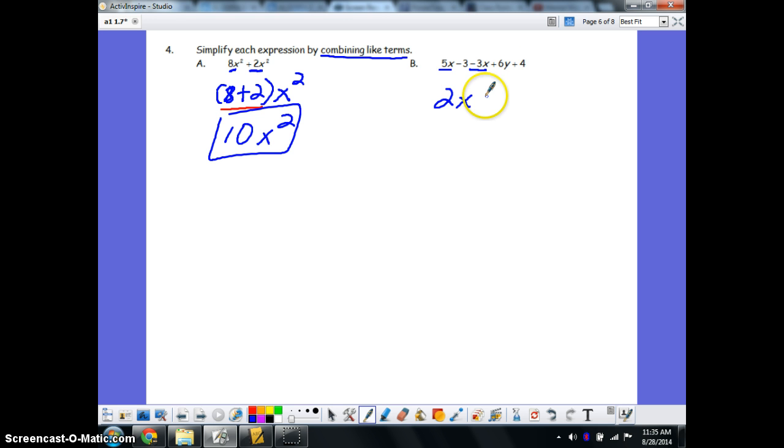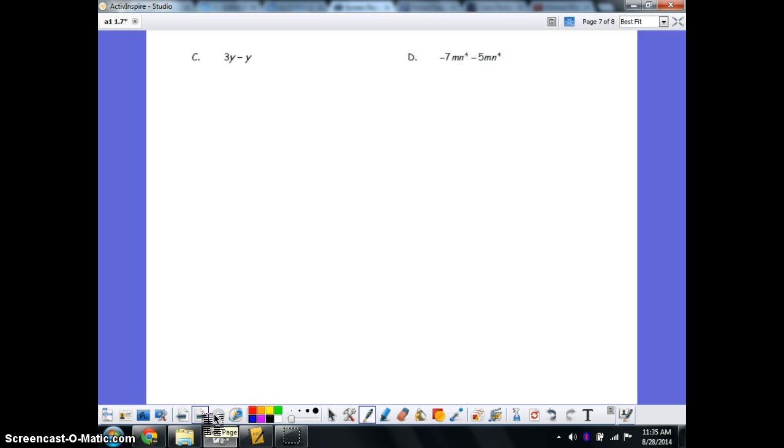With the 6y, there is no like term with that. And then lastly, we have this negative 3 and this 4, which are like terms because they don't have any variables. They are what we call constants. So when we combine those, we have negative 3 plus 4, which is a positive 1. And that is the simplified form of that expression once we combine the like terms using the distributive property by